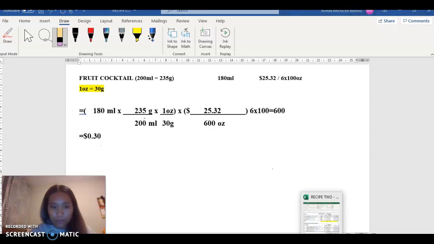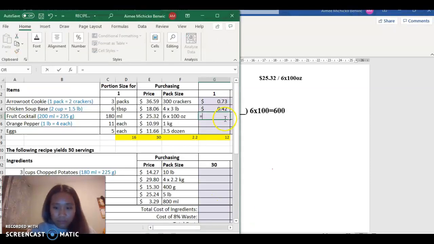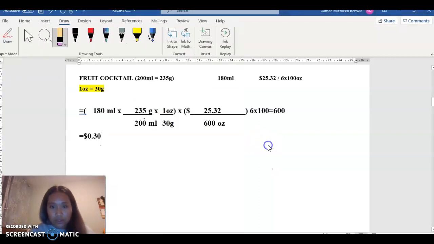And in our Excel, 180 multiplied by 235 divided by 200 divided by 30 grams, close bracket, and then the price, $25.32 divided by 600 ounces, close bracket. That gives us 30 cents. So for our next